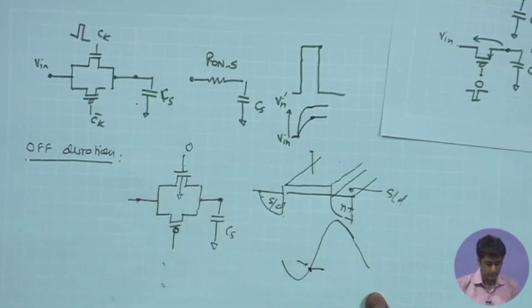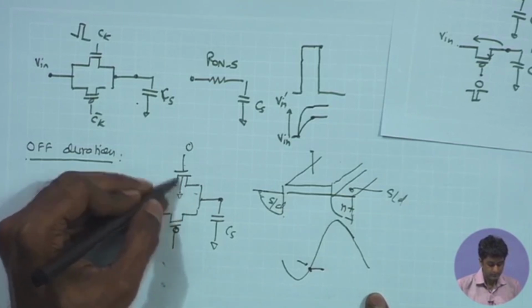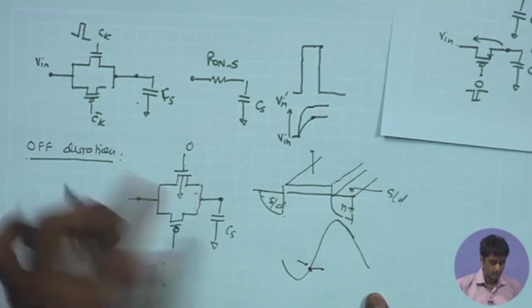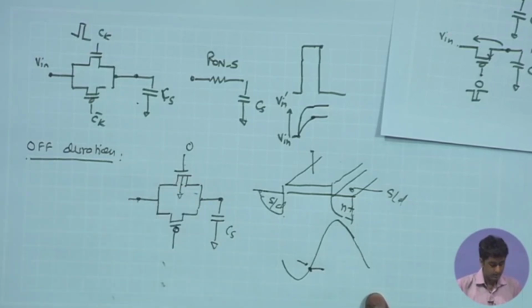Suppose the signal over here is sufficiently low. So, in that case of course the reverse bias for the drain or source to bulk junction for the NMOS will be relatively low,